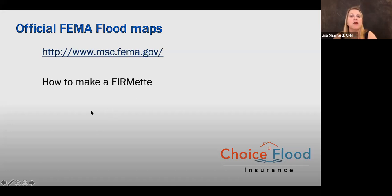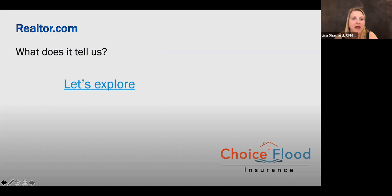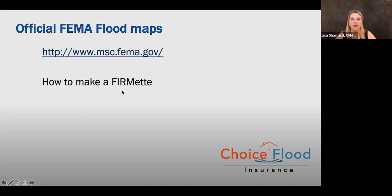We'll talk about it. FEMA is basically a flood map where you can type in an address, and it's going to give you an option to produce what we call a flood insurance rate map on an 8.5 by 11 piece of paper. It's relatively simple to do. You can go to this address right here,